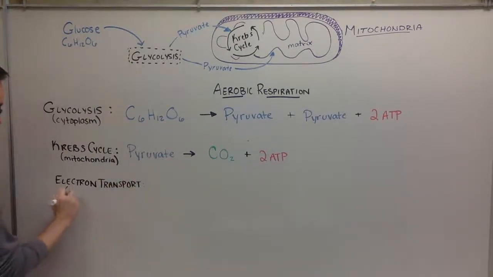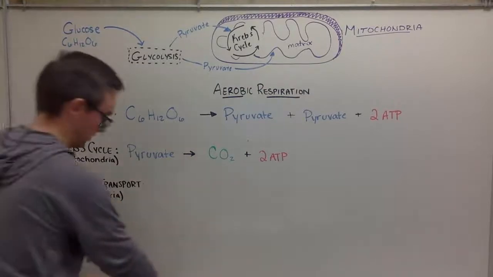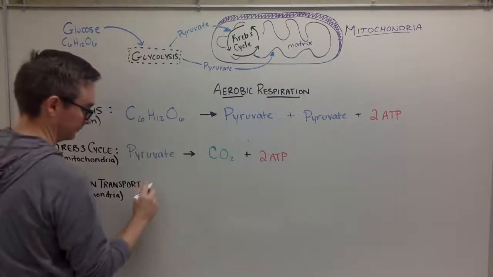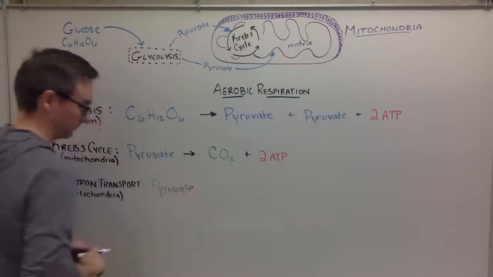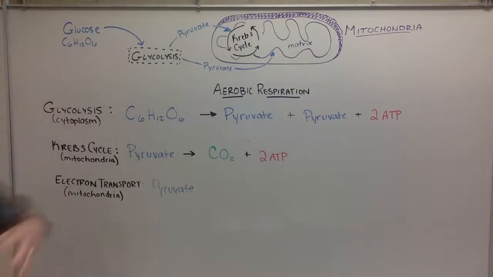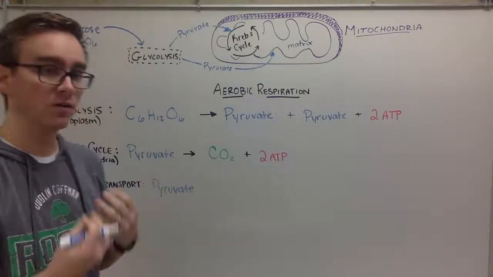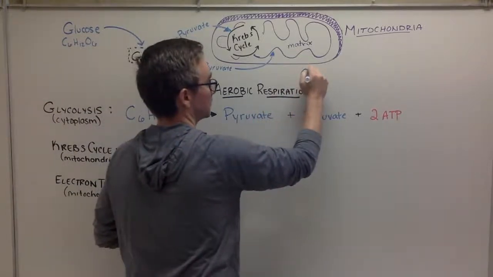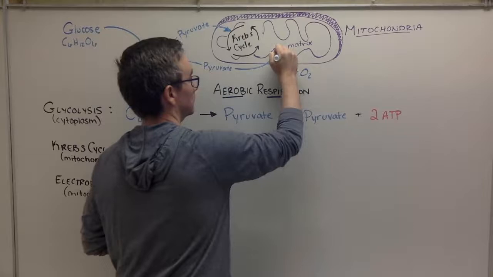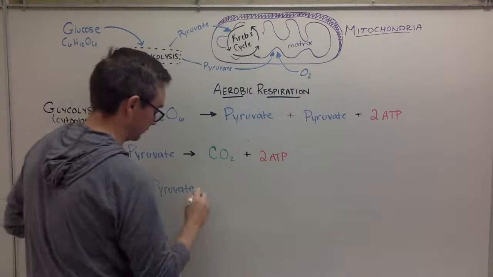All right, and it's also going to take place in that mitochondria, and it's going to use that other pyruvate. All right, it's going to take that other pyruvate, but in this case also, this second one also needs to happen in the presence of oxygen. If we have oxygen available, we can perform this second type or the second reaction. So I need to bring in oxygen here. All right, if I bring in oxygen,